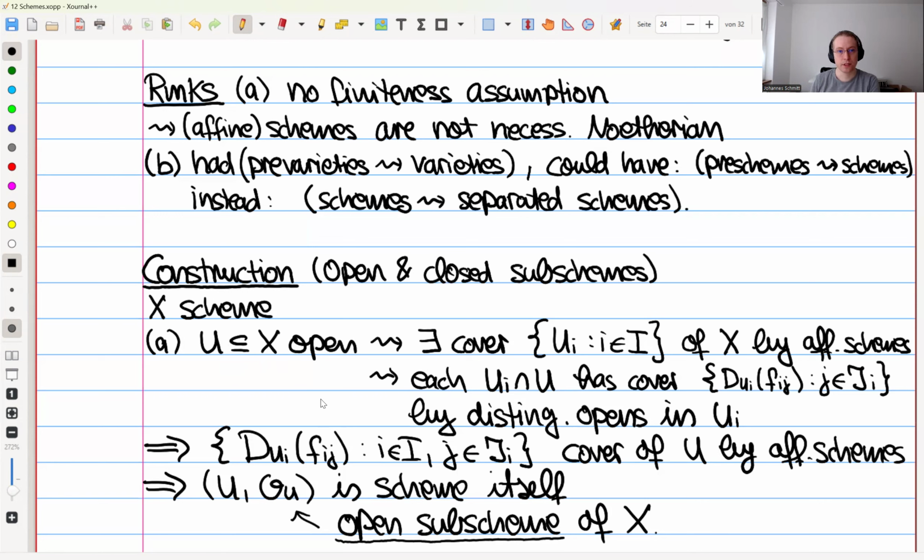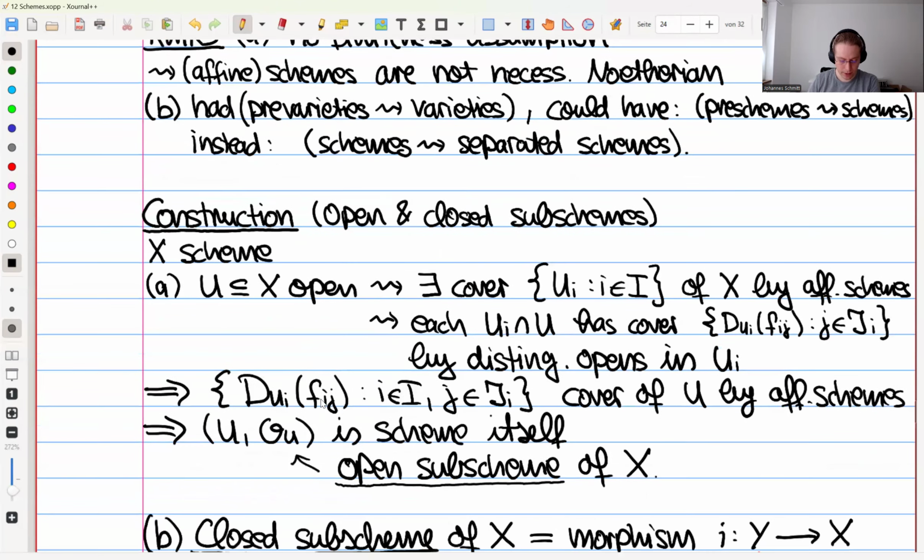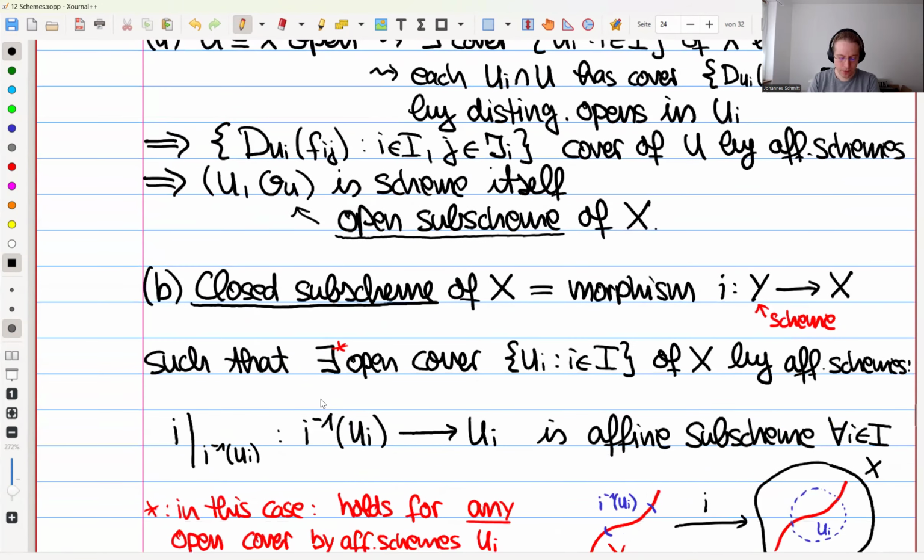So for closed subschemes, it actually turns out to be a bit more complicated. So a closed subscheme we define as being a morphism from another scheme Y to X with some extra properties. It's not just that Y is a closed subset of X, and then we get a scheme structure on this, but we actually specify some extra data here. And the extra conditions that we need is that for this morphism here, there exists an open cover of X